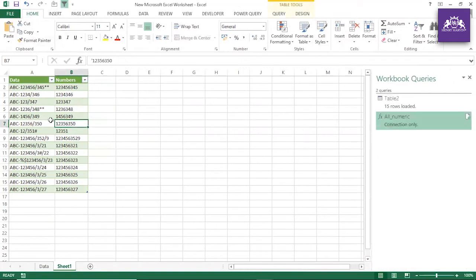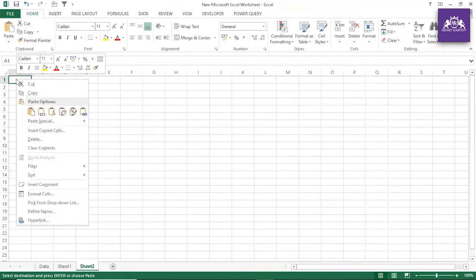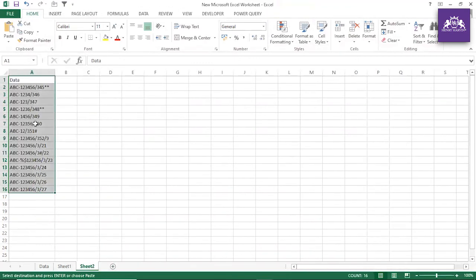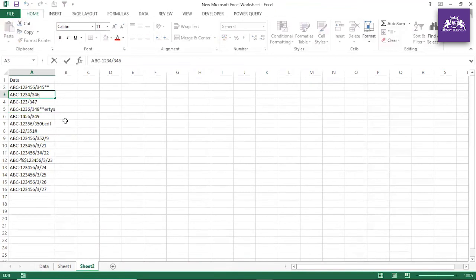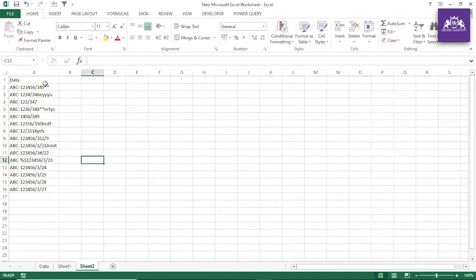And let me tell you one more thing guys, if I have to do something, maybe let me do that also, so that it will be easy for you to connect. Suppose I have this data, all right, and I want all the alphabets to be removed. Okay, so now you see, I'm putting Amit. I want all the alphabets to be removed. Guys, again, it is very simple.